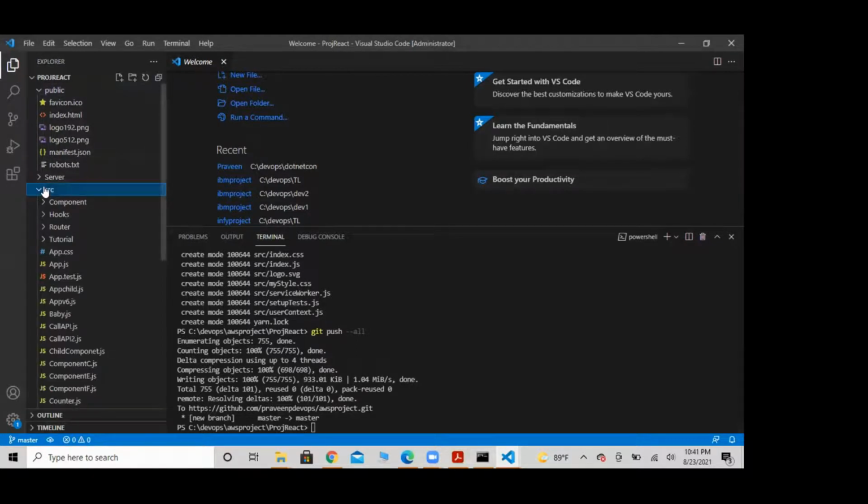Within the src, there is a folder called router. What is src? This is where React keeps all the source code. This is a React application. Now click that home about.js.